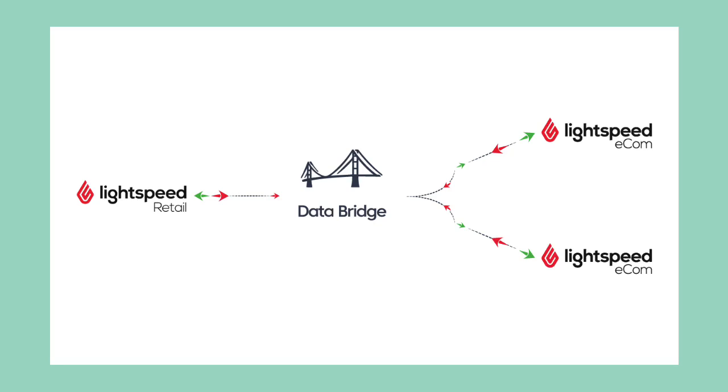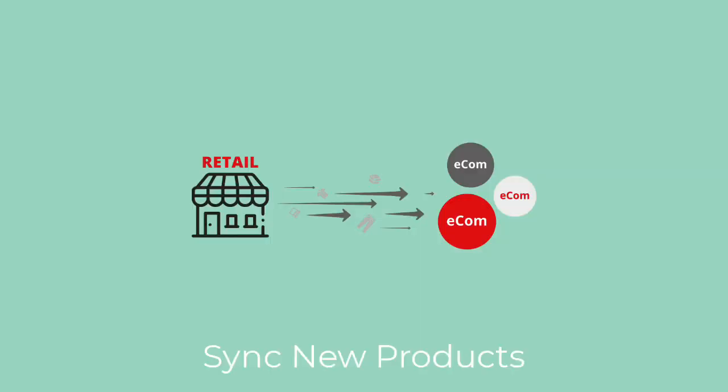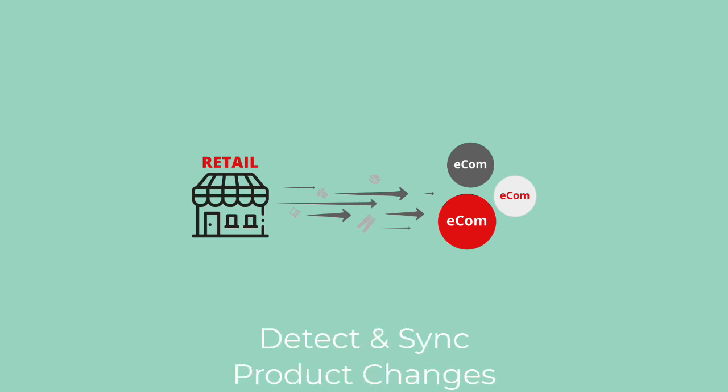In this video, we're going to take a quick look at how the Data Bridge app works. The Bridge was built to allow multiple eCom sites to connect and communicate with a single retail account. Its basic functionality includes automatically importing new products from retail into eCom, detecting and syncing certain product changes from retail